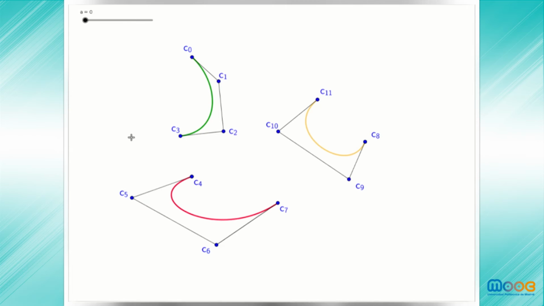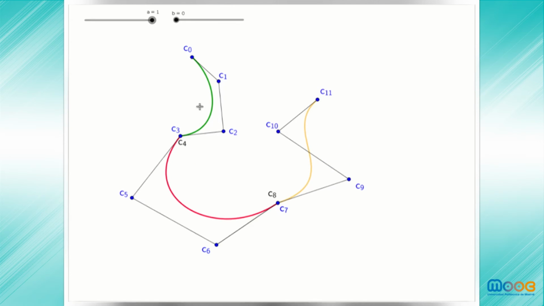Now on the screen we can see 3 cubic Bezier curves. And as we did before, we want to join them to construct a single B-spline curve that is a C2 curve. To get a continuous curve, the first vertex of the control polygon of the curve has to be in the same position as the last vertex of the control polygon of the previous curve. We do so by moving the slider A, and now we get a continuous curve, and the vertices in black are no longer free to be moved. So we lost one vertex at every joint.